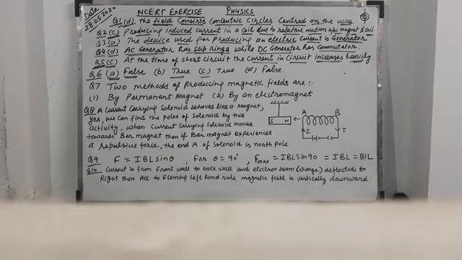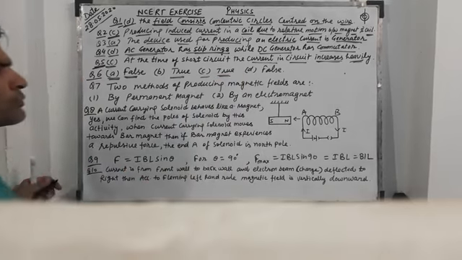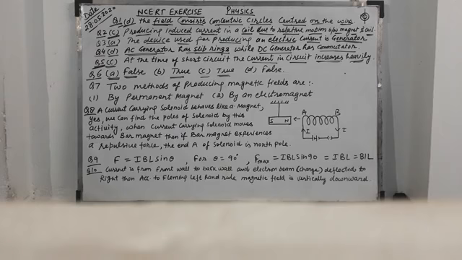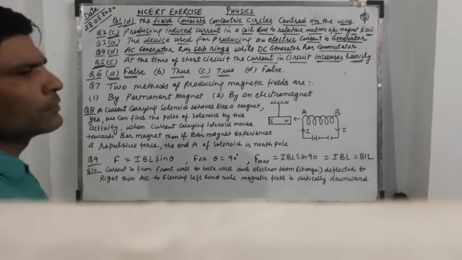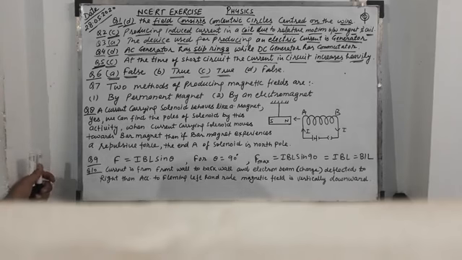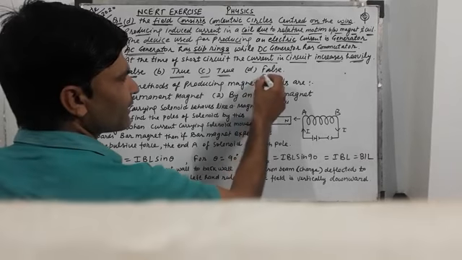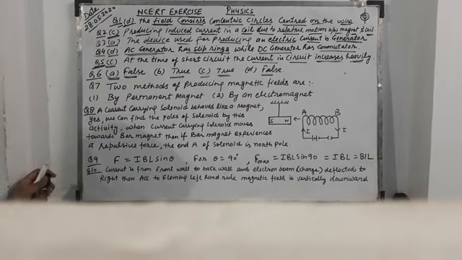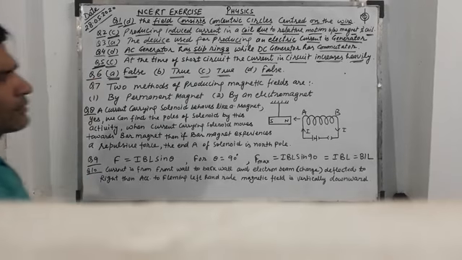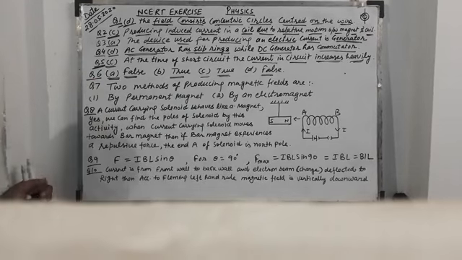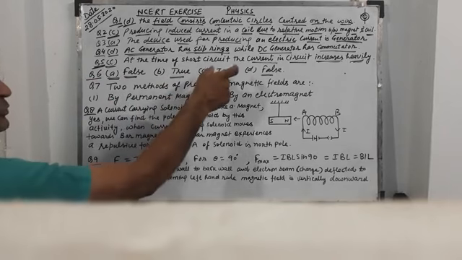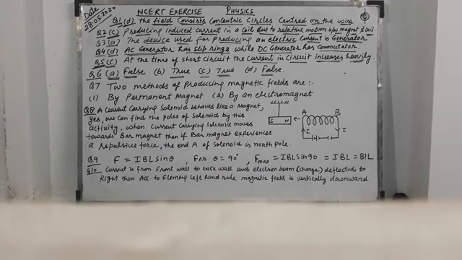Now in question 6c, an electric generator works on the principle of electromagnetic induction. So this is also true. Question 6d, a wire with green insulation is a live wire, but it is false because a wire with green insulation is the earth wire. So once again, 6a is false, b is true, c is true, and d is false.